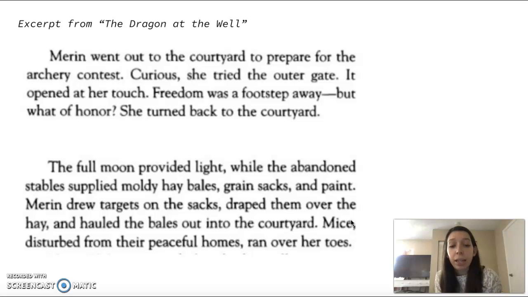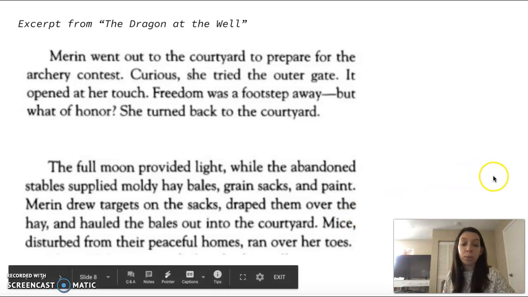The full moon provided light, while the abandoned stables supplied moldy hay bales, grain sacks, and paint. Marin drew targets on the sacks, draped them over the hay, and hauled the bales out into the courtyard. Mice, disturbed from their peaceful homes, ran over her toes.